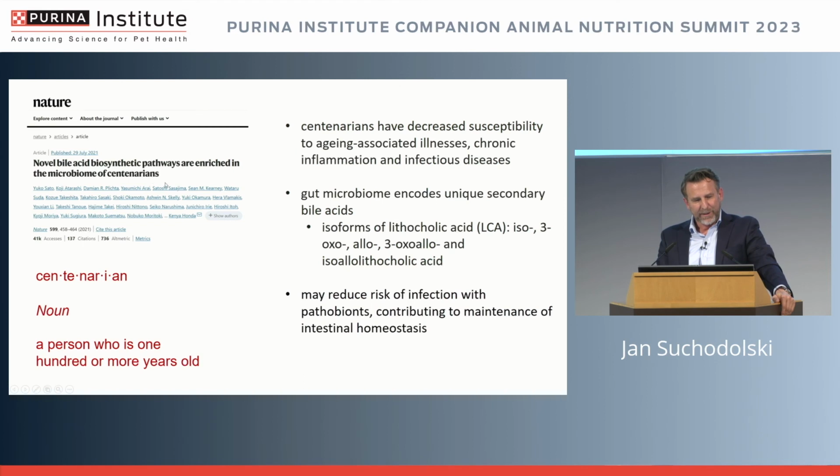Interesting, though, like we heard before, is centenarians. There are definitely studies now that have looked at whether they are different. And what they have seen is that, for example, centenarians usually have decreased susceptibility to aging. They have less chronic inflammation and fewer infectious diseases. And what is interesting, and that's why I'm coming back to this bile acid, which seems to be really an important